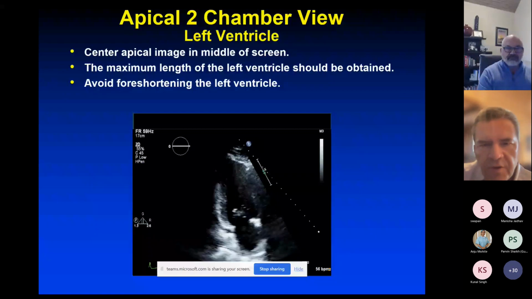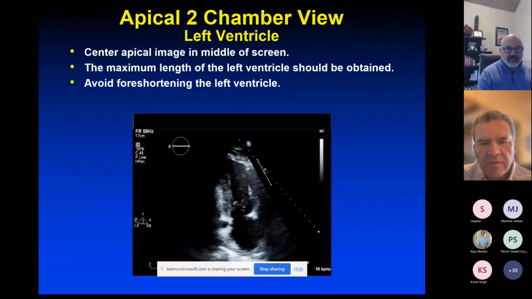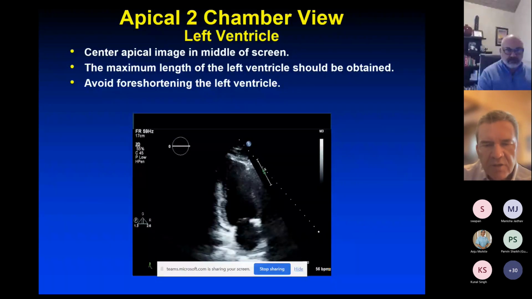Moving on to a 2-chamber view of the left ventricle. So again, with this image, you can center the left ventricle in the middle of the screen, and please maximize the length of the left ventricle and avoid any foreshortening. It's also